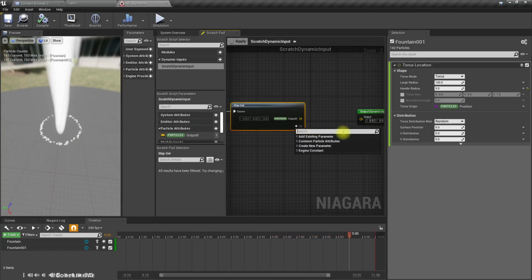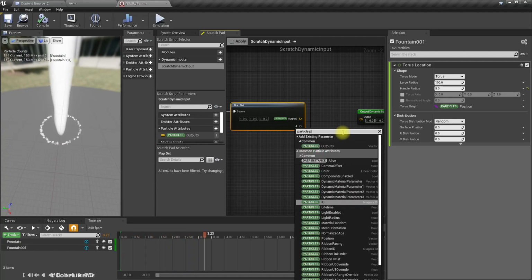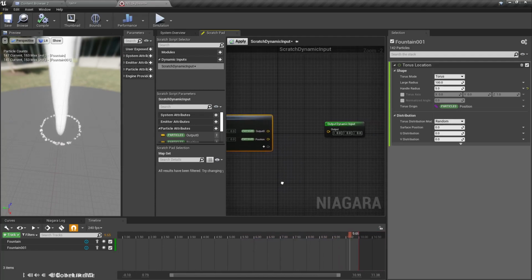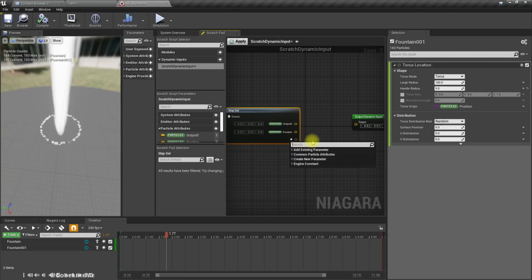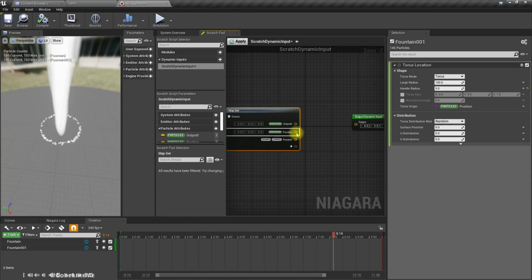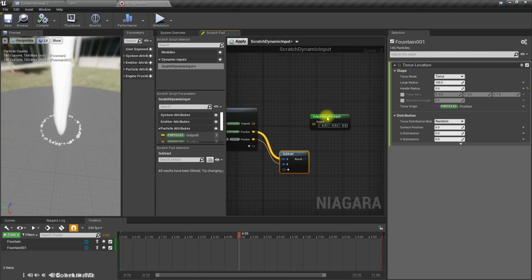So first I'll add particle position. For some reason we don't get the local location here, so in order to get the local location, I'll add owner position as well, and then subtract the particle position from the owner position. Now we get the local position,